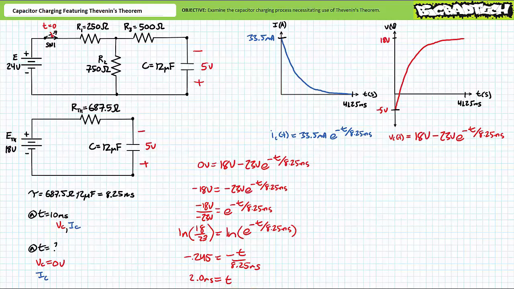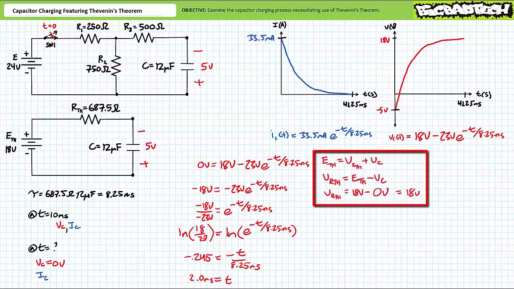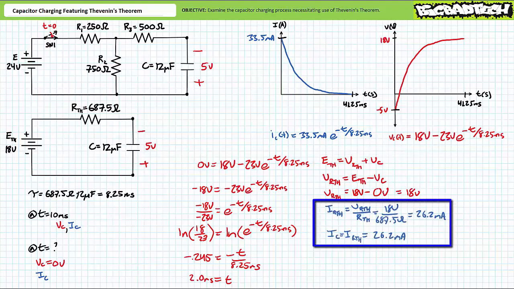To solve for instantaneous current at this same time, we could again substitute the same time of t equals 2 milliseconds in the time-varying expression for current through the capacitor as a function of time. However, we can also use much simpler and more reliable tools like series circuit properties, Kirchhoff's voltage law, and Ohm's law. Given an instantaneous differential of 0 volts across the capacitor, this means 18 minus 0 volts, or the remaining 18 volts must necessarily appear across the Thevenin's equivalent resistor. A quick application of Ohm's law demonstrates that approximately 26.2 milliamperes of current must be flowing through the Thevenin's equivalent resistor, and by extension, 26.2 milliamperes must also be flowing into the capacitor because they are in series with one